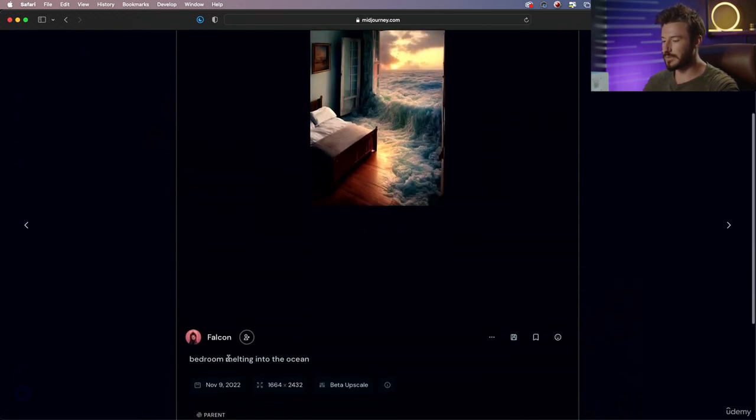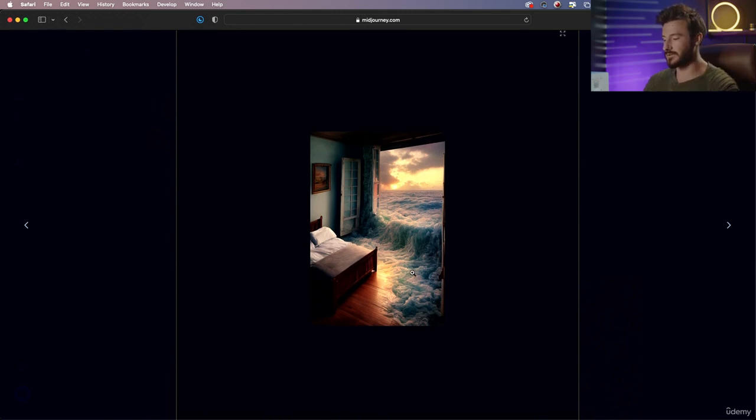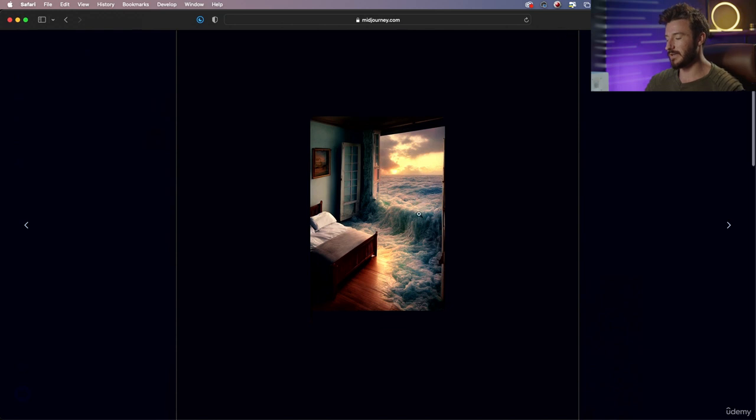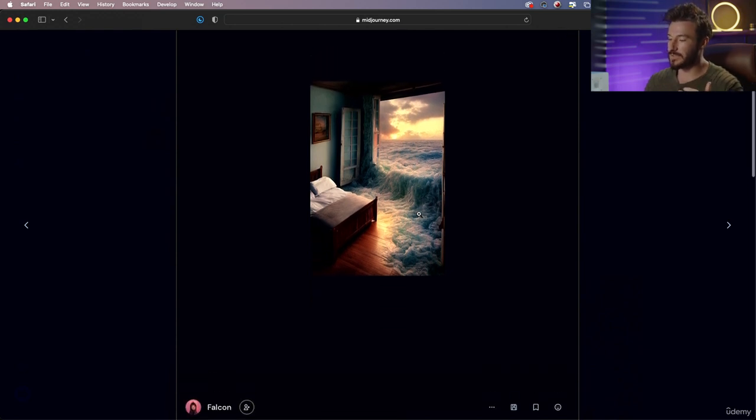So, bedroom melting into the ocean. You could visualize that in so many different ways. What Midjourney is doing is it's taking the huge amount of photos it has of bedrooms, of beds, of walls, of paintings, of rooms, and it's taking the huge amount of photos it has of the ocean, and it's combining those two together in an intelligent way as much as it can,